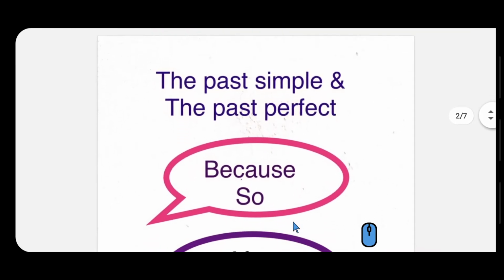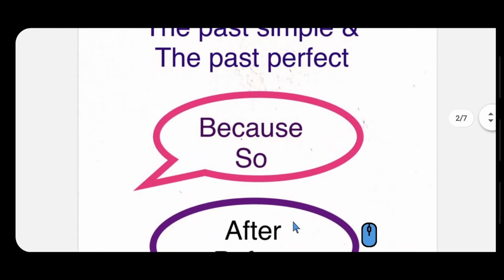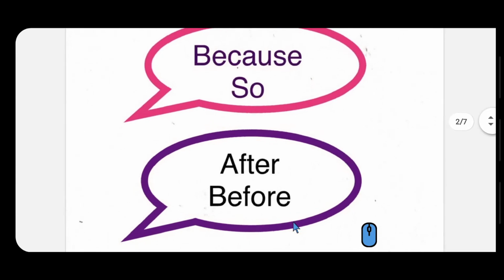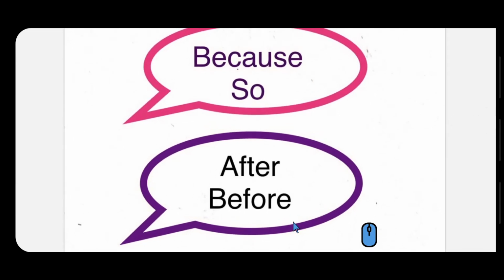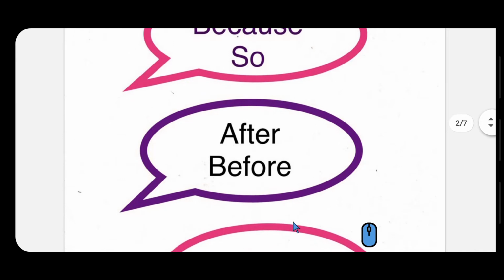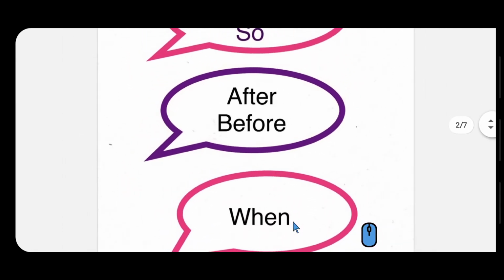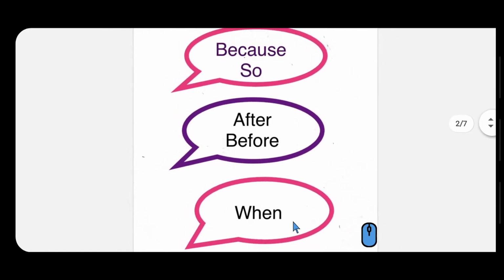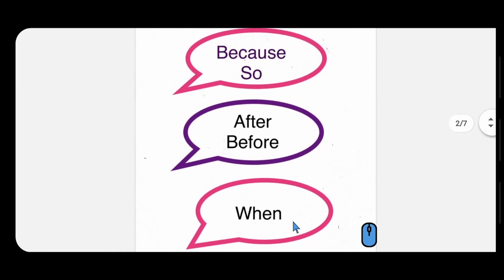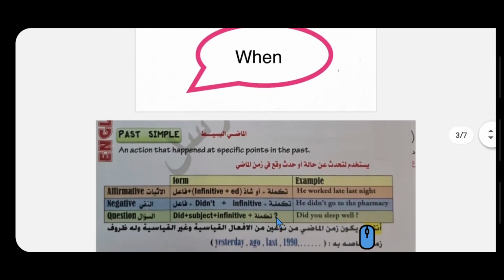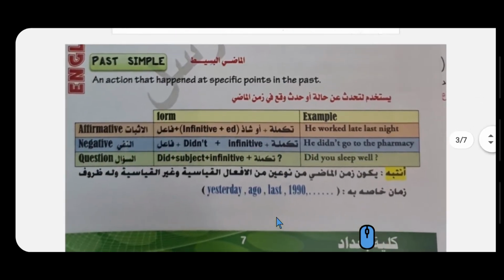في صف السادس إعدادي we have 3 groups of conjunctions. The first group, as we said, because and so. And the second group we have after and before. And the third group we have when. Then we have 3 groups of conjunctions. As a structure for these tenses,